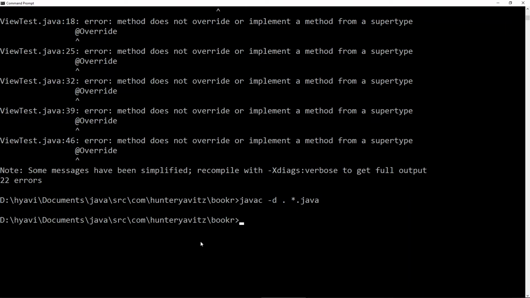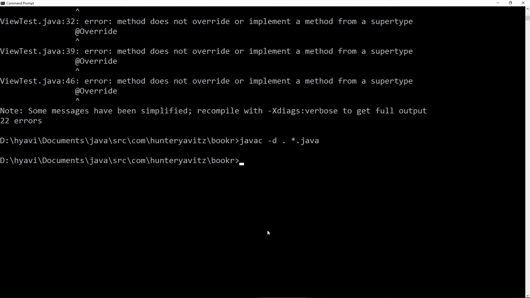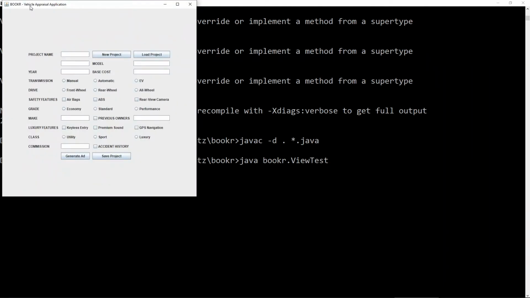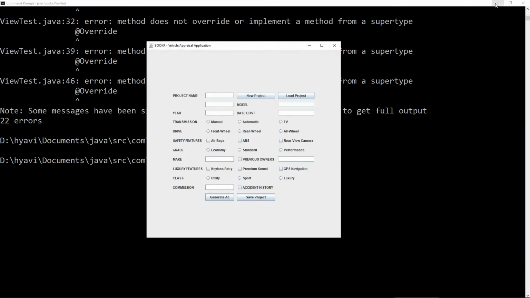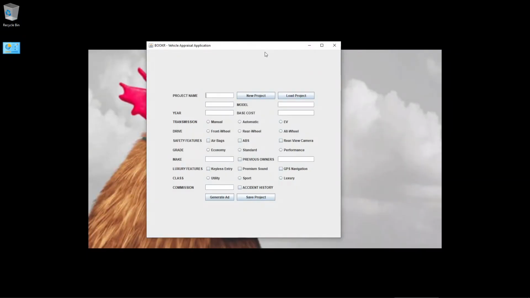Yes, okay, so those two little misimports were actually the source of all 22 errors. That's an easy fix. So now, let me try to run the view test class. All right, excellent. So what we have here is our view object that was instantiated and then made to be